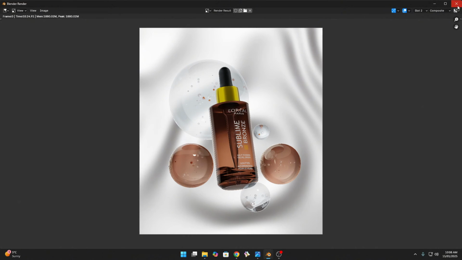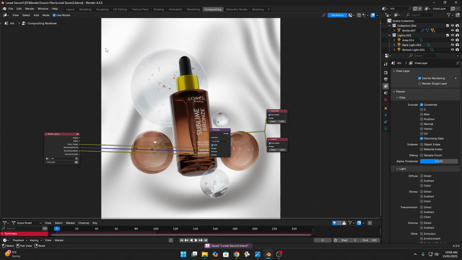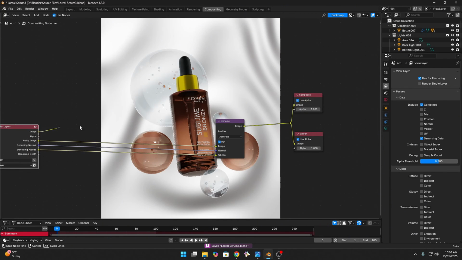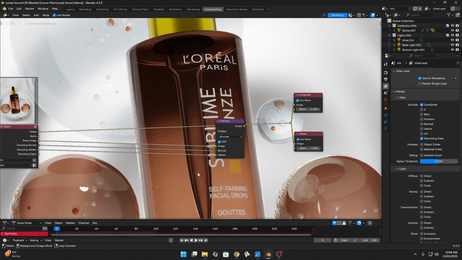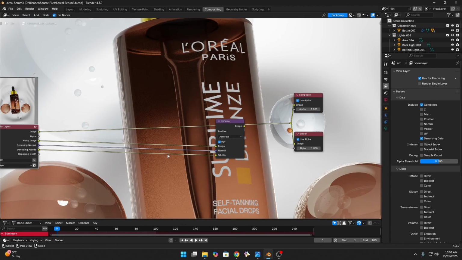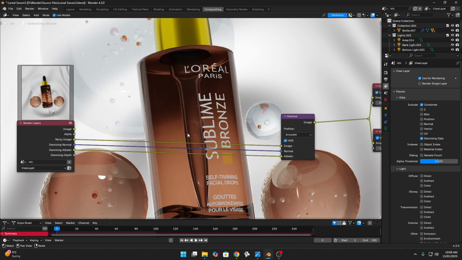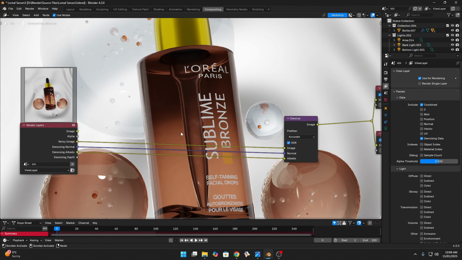As our render completes, if I close this render part, you will see the render result in the background. So if I put this image directly here, if I press Alt and V to zoom in on the picture, you will see the noise in the glass. So to denoise this glass, I put this noisy image into the noisy image input and then I put this image into the image of composite and viewer. You can wait some time. Yeah, as the loading time completes, the glass is noise free.